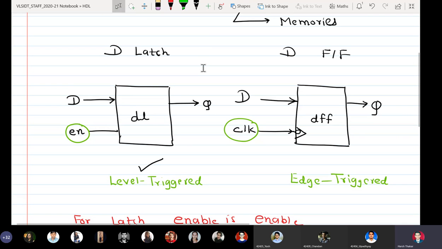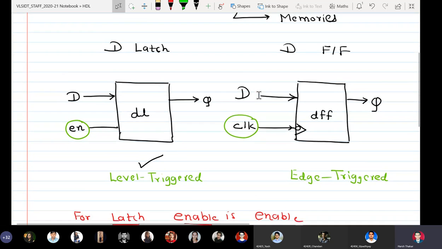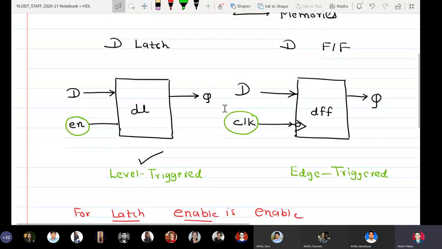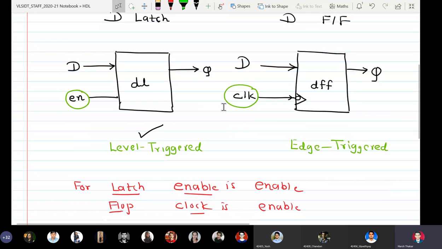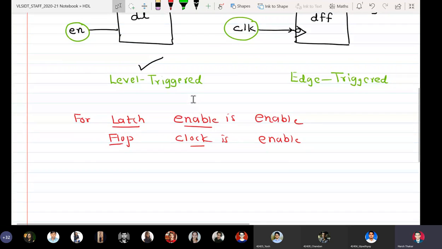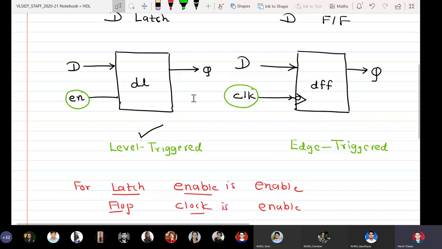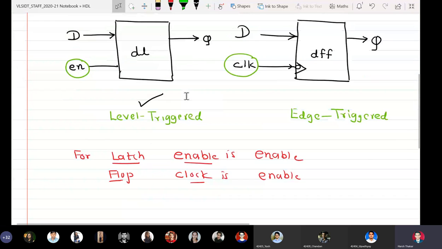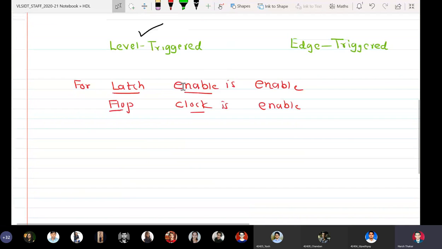The answer expected was that because flop is edge triggered, it samples the value of D at the falling edge. And in case of a latch, as long as the enable is equal to 1, during that entire period, whatever changes in D are transferred to Q. Getting the point? That is why a difference comes in the output waveforms of a latch and a flip-flop for the same input sequence. I will explain that to you.